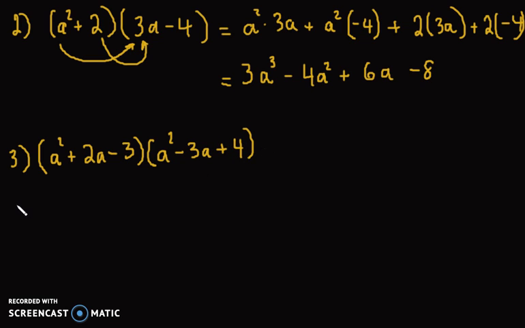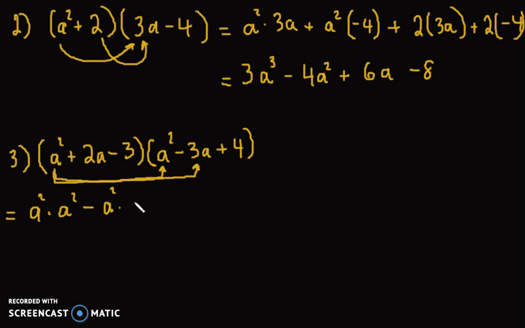This is a multiplication of two trinomials, and the way of doing it is just step by step, similar to what we do with the multiplication of binomials. So you multiply each term together, you would have a squared times a squared minus